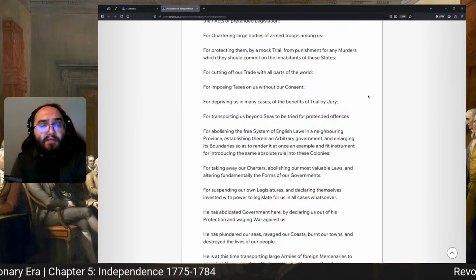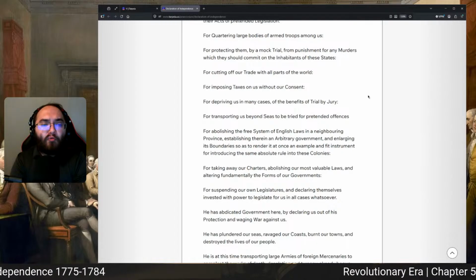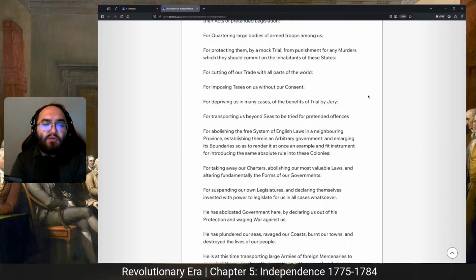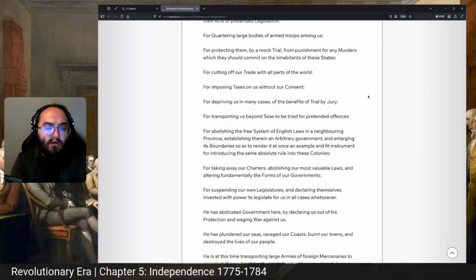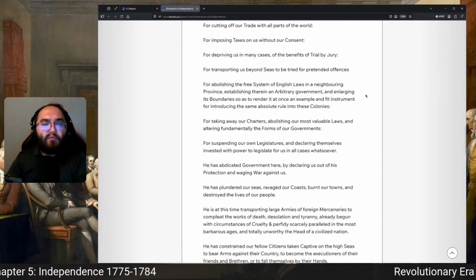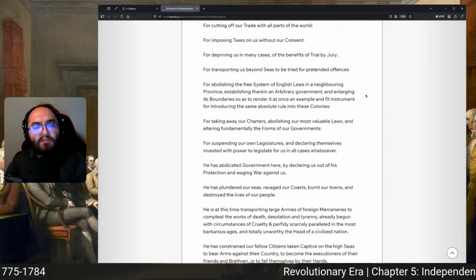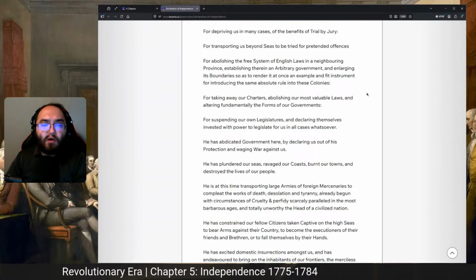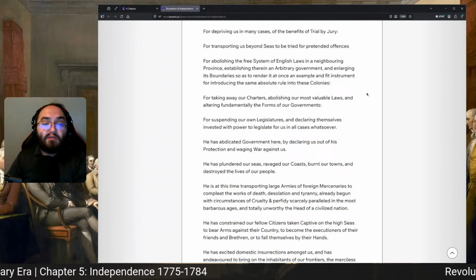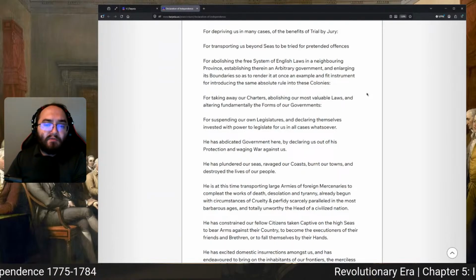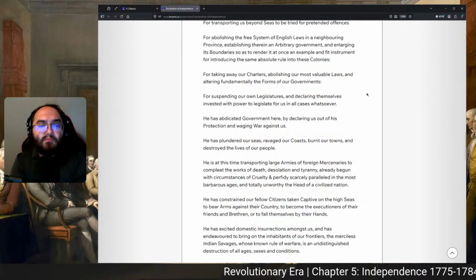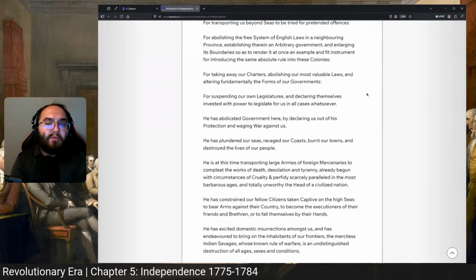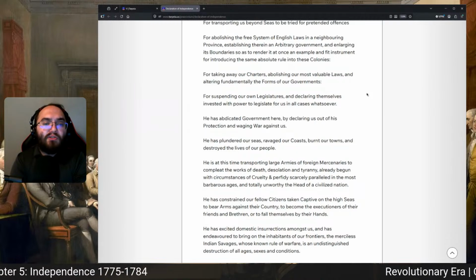For quartering large bodies of armed troops among us, for protecting them by mock trial from punishment for any murders which they should commit on the inhabitants of these states, for cutting off our trade with all parts of the world, for imposing taxes on us without our consent, for depriving us in many cases of the benefits of trial by jury, for transporting us beyond seas to be tried for pretended offenses, for abolishing the free system of English laws in a neighboring province, establishing therein an arbitrary government and enlarging its boundaries so as to render it at